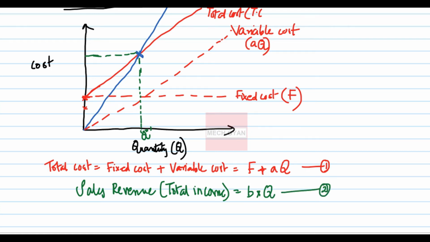Let it be equation number 2. Equating 1 and 2 because it is the point of intersection of both the curves, that is, the top curve is the sales revenue curve and this one is the total cost curve. So equating equation 1 and equation 2 we get